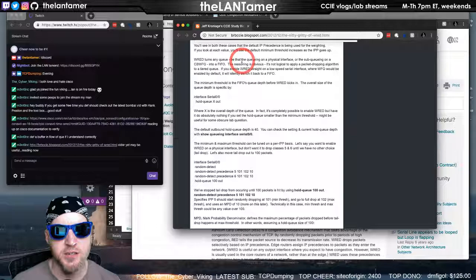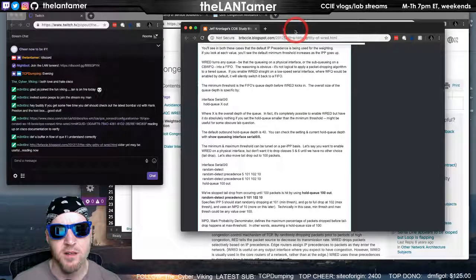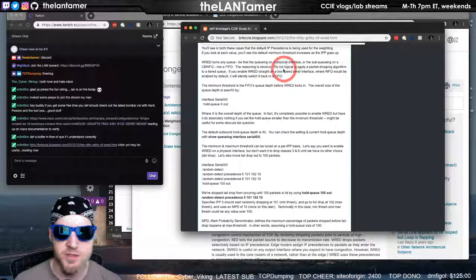WRED turns any queue, be that the queuing on a physical interface or the sub-queuing on a class-based weighted fair queue, into first in, first out. The reasoning is obvious. I'm glad it's obvious to you, sir.